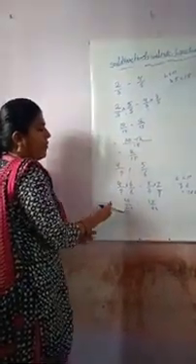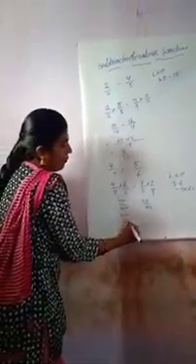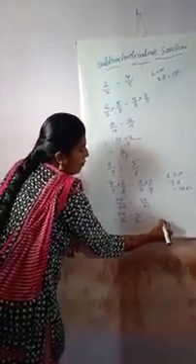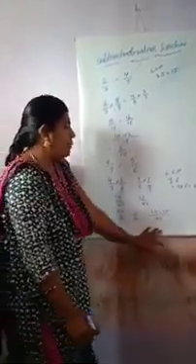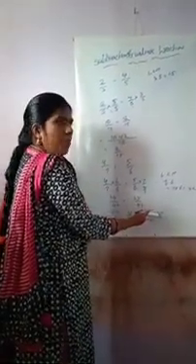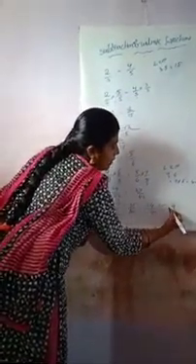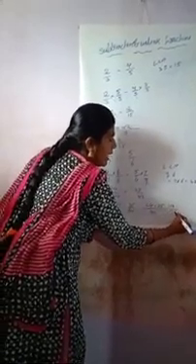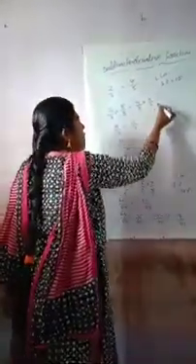So these two fractions are like fractions. To subtract, 42 minus 35 by 42. Same 42. 24 minus 35. 24 minus 35, how much, children? 24 is small, 35 is big. So 35 minus 24 is 9. Which sign? Minus, because 35 is the big number, we get the same sign. Minus 9 by 42.